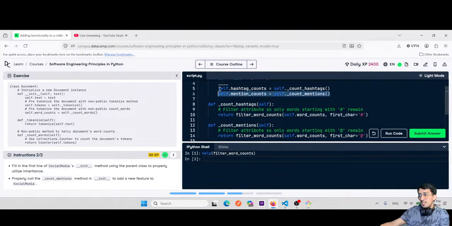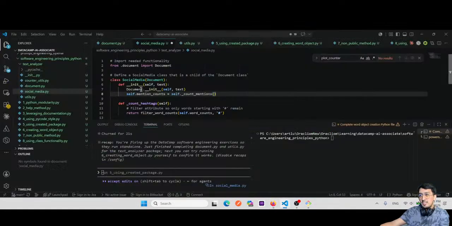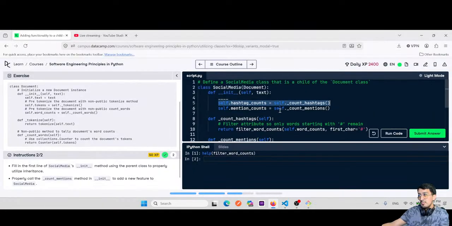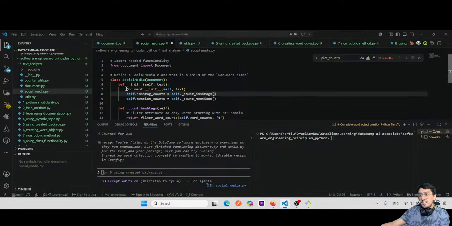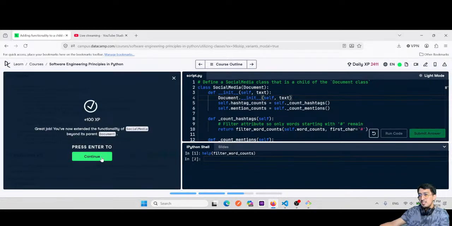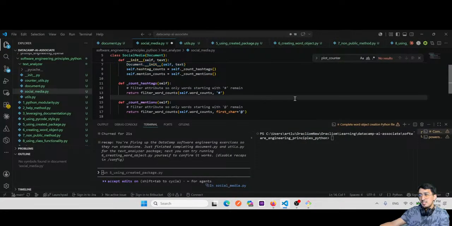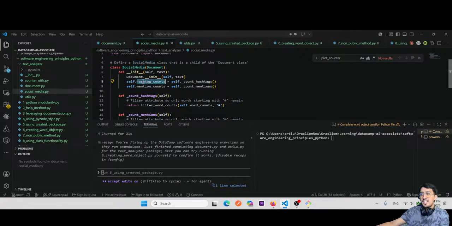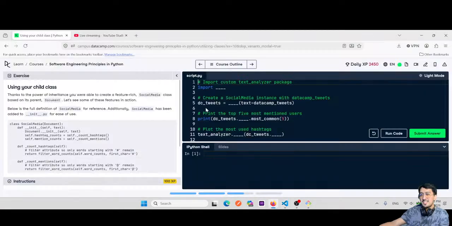In here we do this, we do this. We also need to init with the document. Looks good. So now the social media inherited all of the properties of the document, plus it has extended many more methods